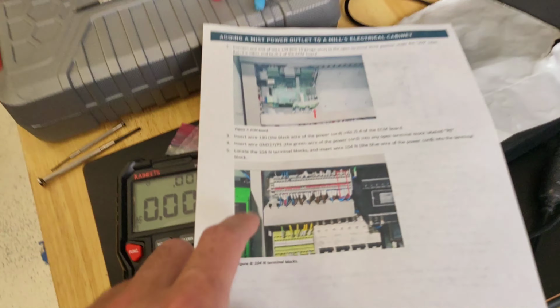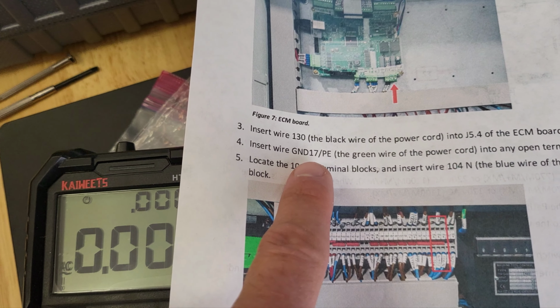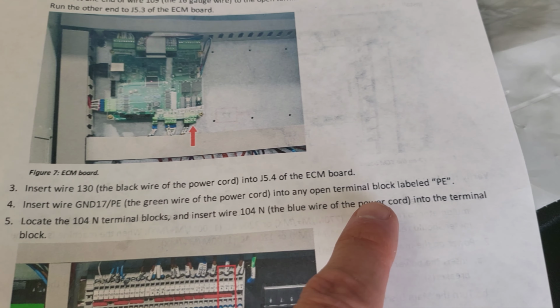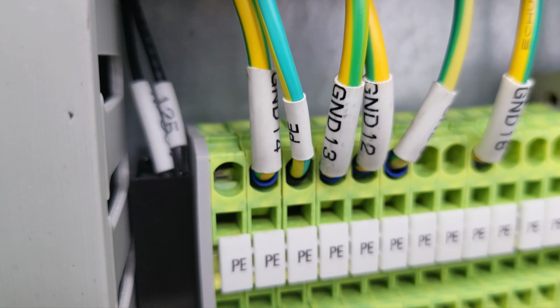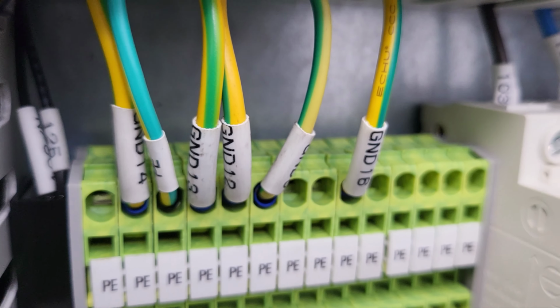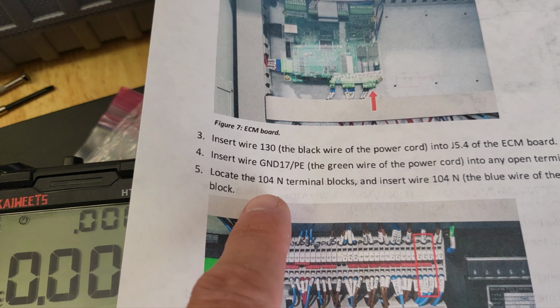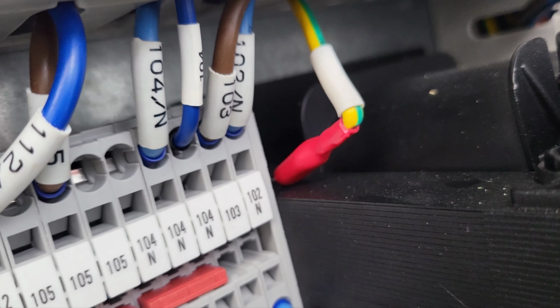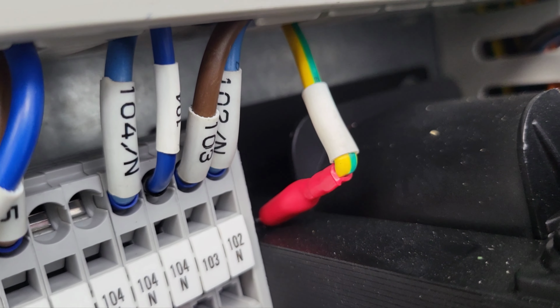Okay, and then next we have the ground PE, green wire from power cord into any open terminal block labeled PE. So I have that down here. It's that third one in, marked PE. And last but not least, find the 104N terminal block and insert the 104N blue wire from power cord into that terminal block. And so there's blue wire up there, come down here, and it's that third one in, 104